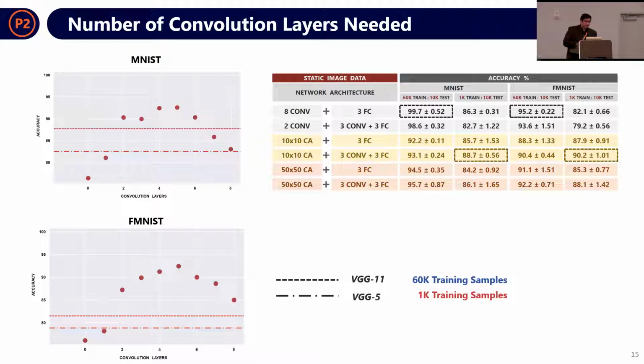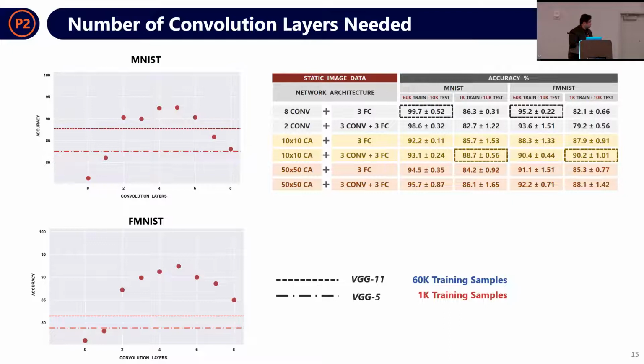That tells us that convolutional layers are still required because the output of the cellular automata is still 2-dimensional, and convolutional layers are very good at exploiting that 2-dimensional data. What the cellular automata does is just reduce the load on the convolutional layers and thereby make it easier to